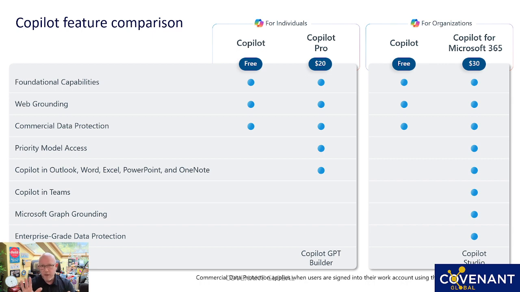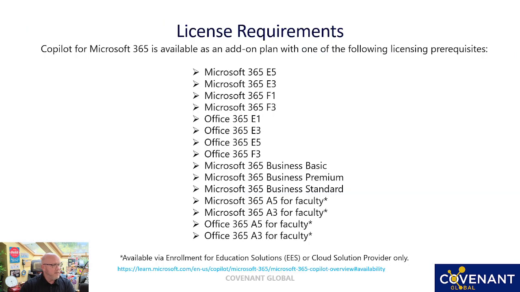I'm going to be demoing some of this today for you. And then next, licensing for Microsoft 365 Copilot, or Copilot for Microsoft 365, sorry. You can pretty much get it with any license. The key things to remember here is that the E3, E5, which are enterprise licenses, business with more than 300 users. And then for small businesses, the business premium licenses are the licenses that come with the data security components,